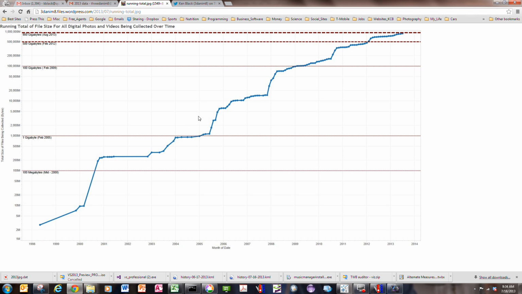So this is an exponentially rising curve of digital file storage, and in the blog post I discuss why I am doing this, but I'm going to show a couple techniques I use to actually capture the data and to process it, get it ready for Tableau. So to begin with,